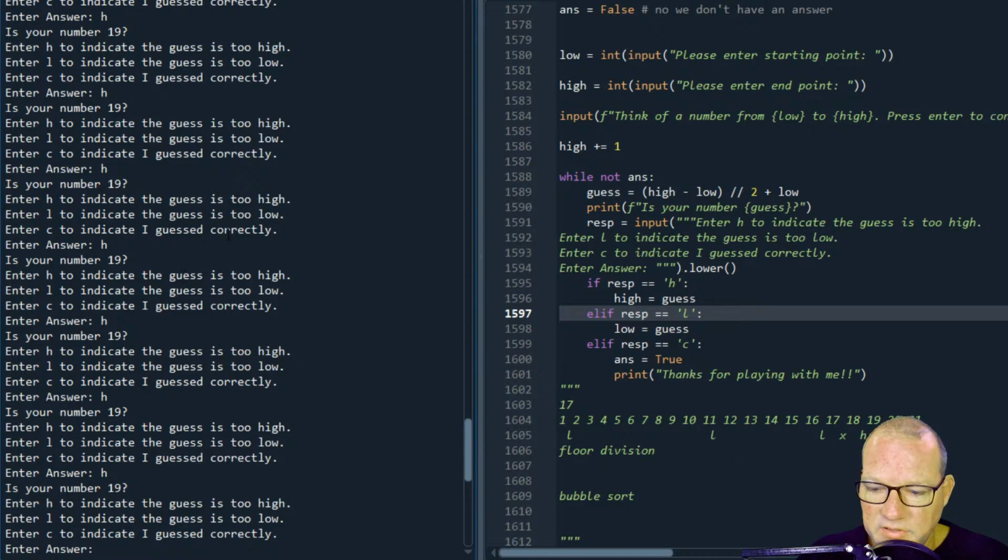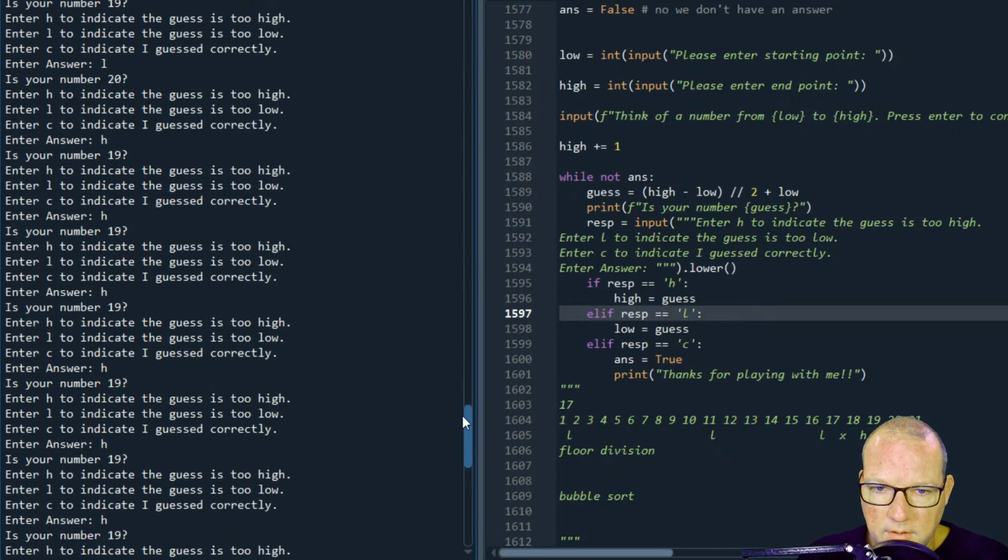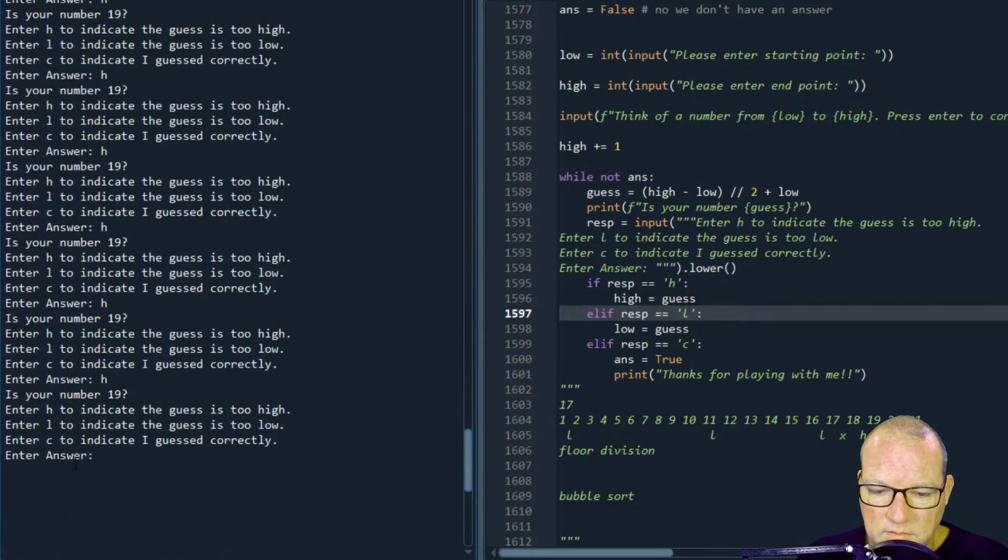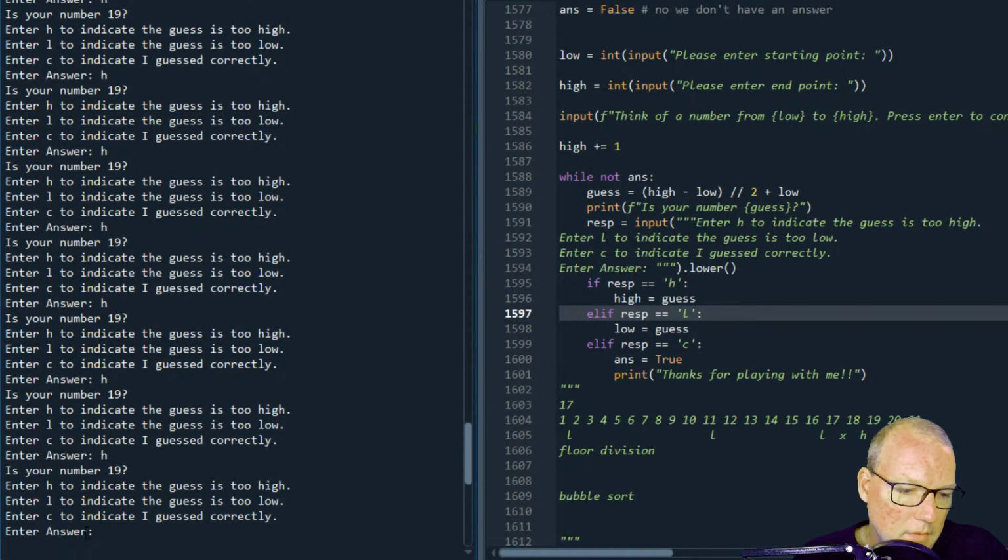I don't know if you're able to see this, but it's been guessing 19 six times. So now, there we go. All right. So if it goes to 1 and it divides, it will go to a float and error.